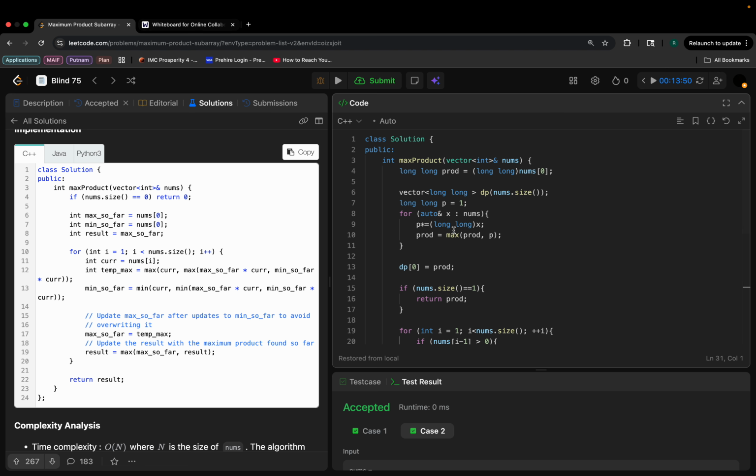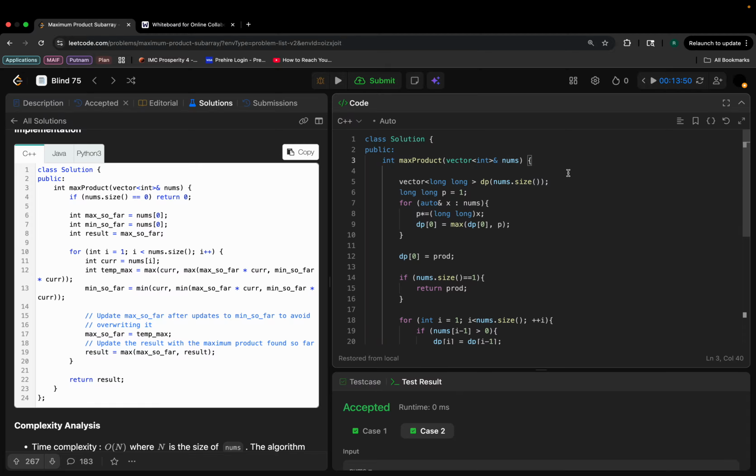So, okay, I keep track of the int min and max so far. Okay, that's definitely the method though. And instead of this, what I was thinking was, instead of prod, I just do directly num0 equals max. Oh, sorry, dp0 equals max of dp0 and whatever p was. That way I don't need this anymore. And I just do dp0